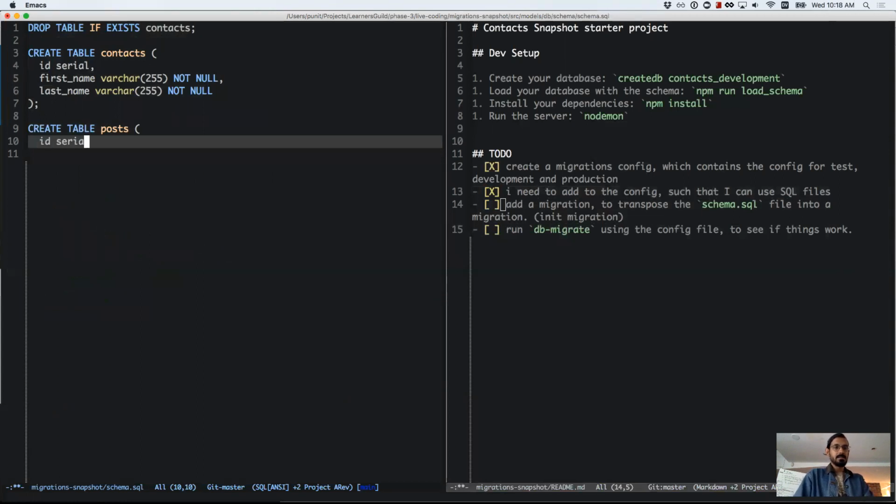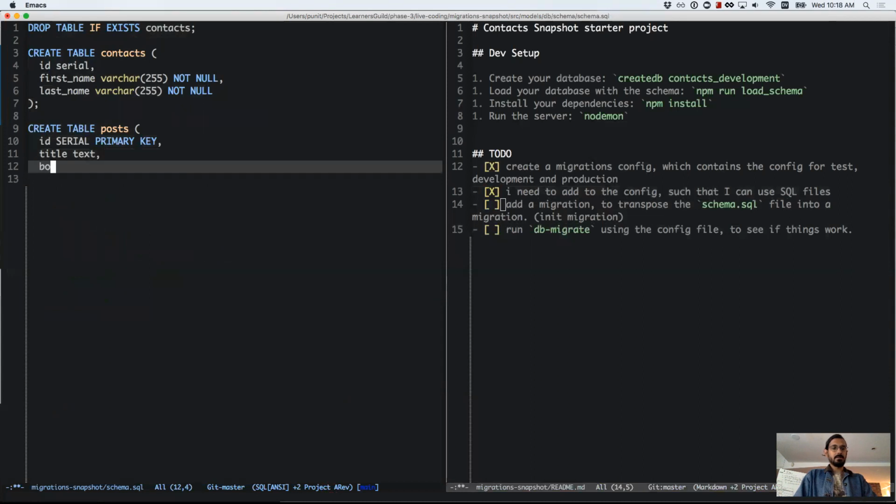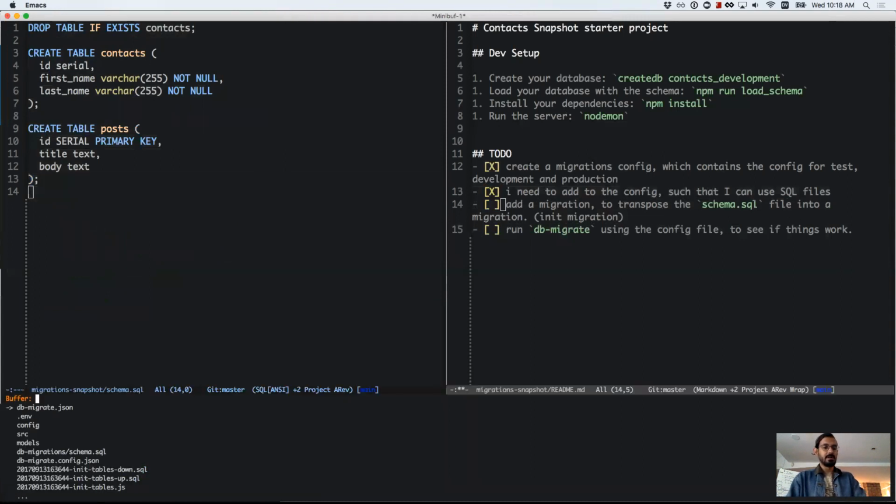There's an ID, is serial. Primary key. Title is text. Body is text. All right, so let's assume that these two tables existed before, and now we want to create an initial migration